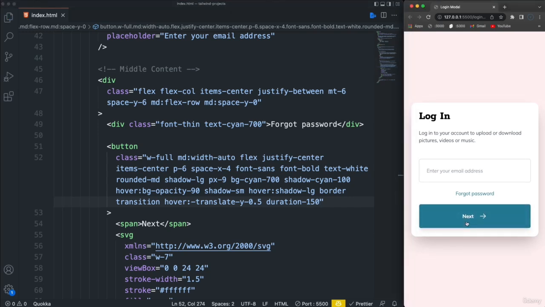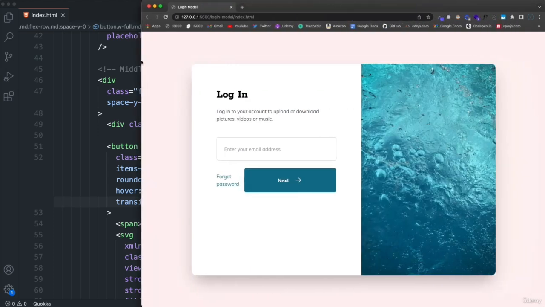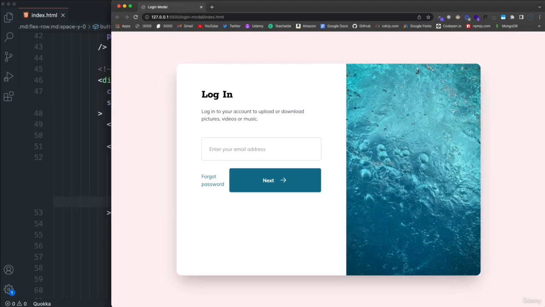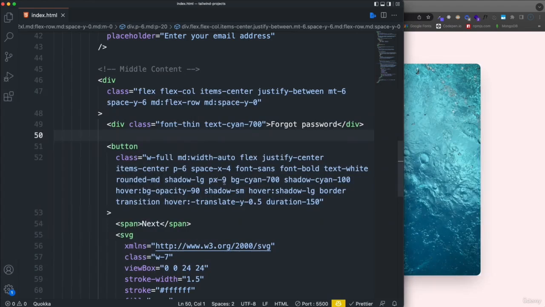And now if I hover over it, hover, BG opacity goes to 90. It translates, negative translate on the y-axis, so it moves up, duration 150. Let's make it bigger. All right, so that doesn't look right. This shouldn't be so wide. Let's see, what did I